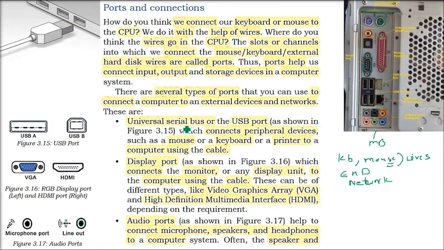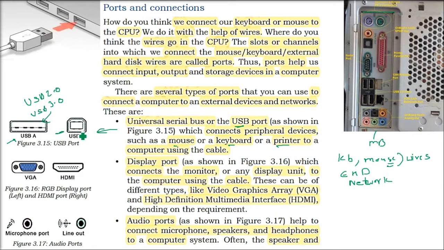You will see USB drives are everywhere. USB is basically universal serial bus. You can connect mouse, keyboard, printer, and there are so many devices you can connect through USB now. It can be through wire, it can be without wire also; you need to have a Bluetooth for that. So you have USB 2.0, USB 3.0. The speed has enhanced, the technology has changed. And the USB B port is something different. It's not that USB. Sometimes the printer has this USB B port.